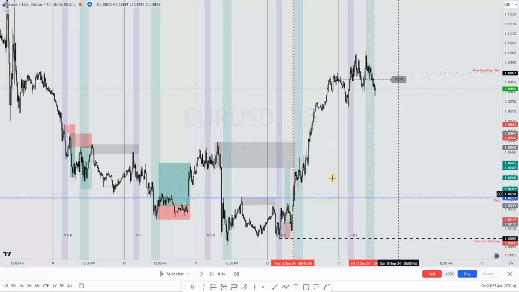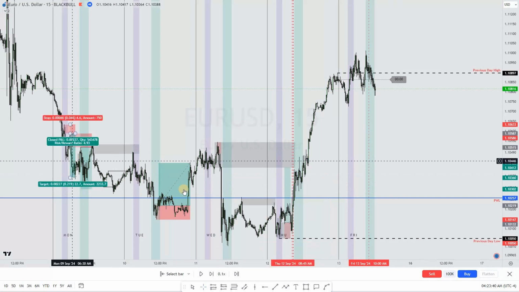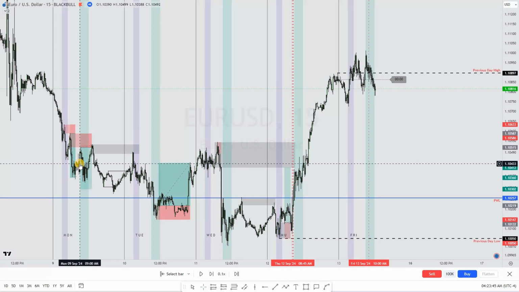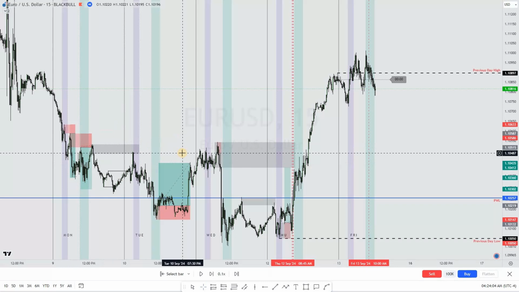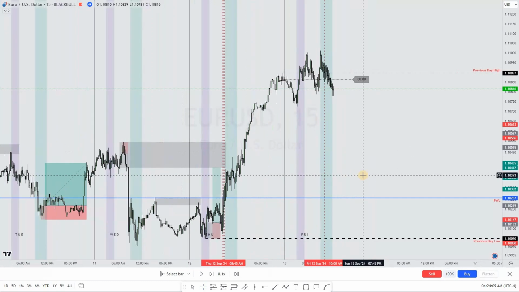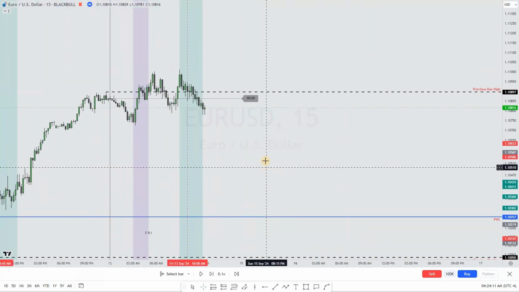We had a good 3 trades, 7.93 on Monday, and then we had that 3% trade on Tuesday, giving us 10.93 percent for this particular week. And the strategy has been consistent in the sense that it doesn't give you anything less than 10% in every single week. So yeah, it has been interesting. I will be interested to see how the next week will form up and the opportunities I might get. So yeah, that's it for this week.